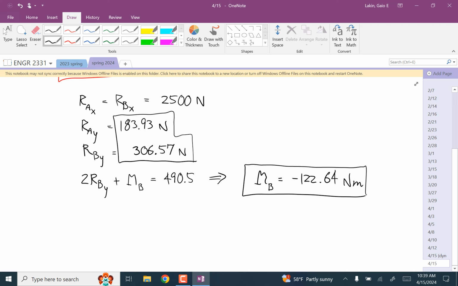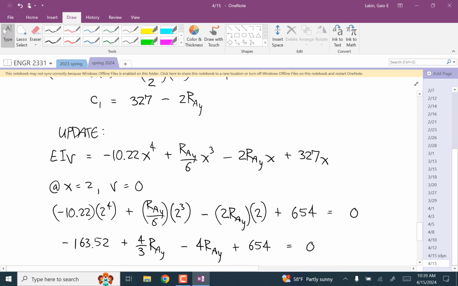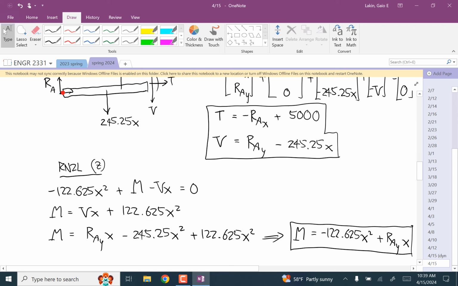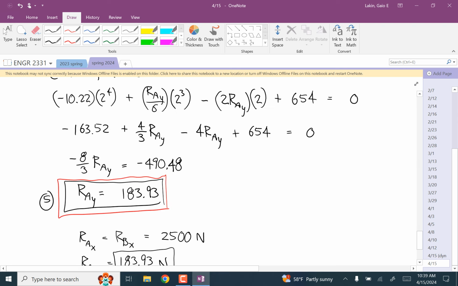Okay, so what did we do all this for? What's our final goal in this problem? Stress tensor. Yeah, we want to come up with a stress tensor. Now that we have those external loads, we can calculate the internal loads at any point. We couldn't do that before because our internal loads are all given as functions of our external loads. Okay, so now on cut 1,